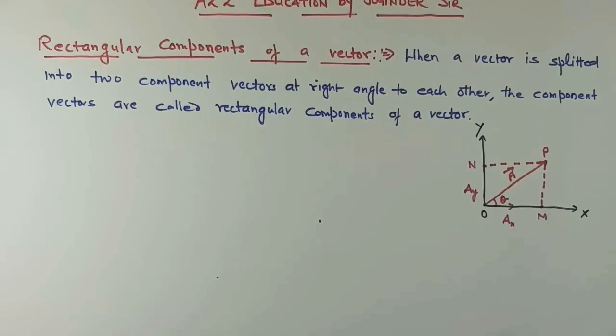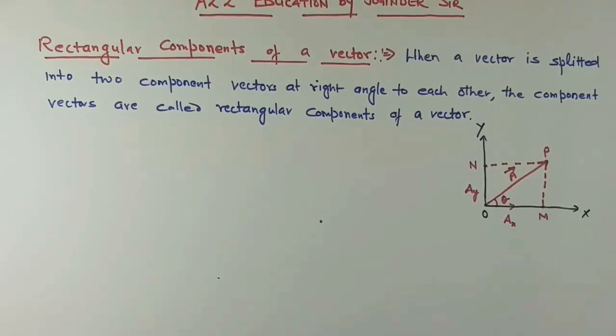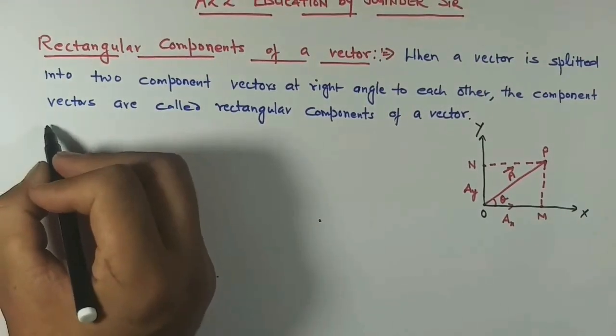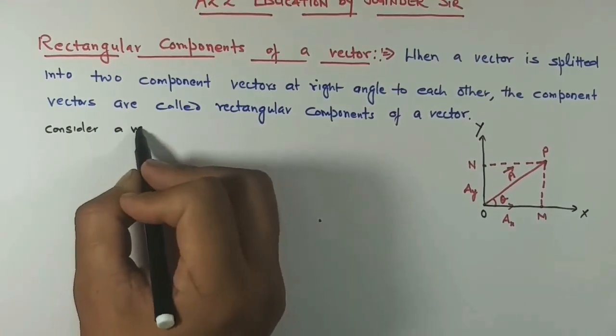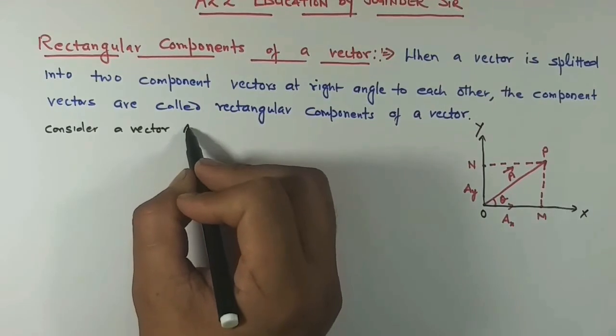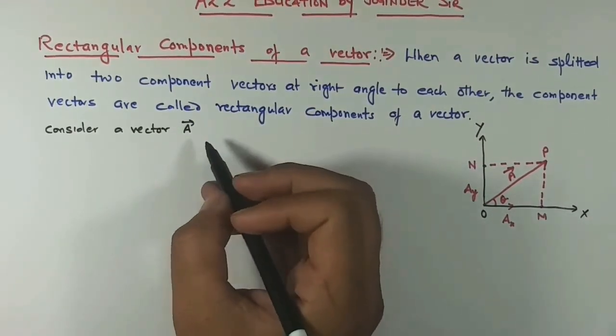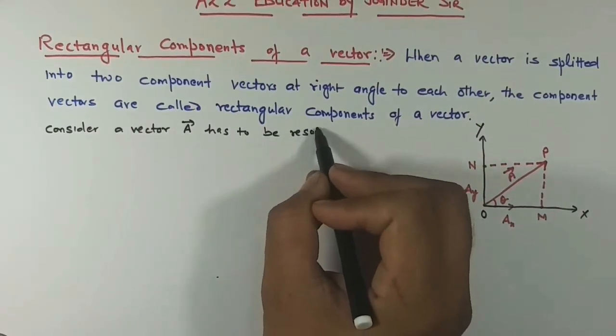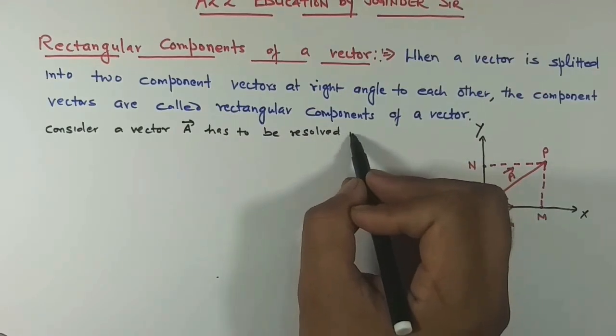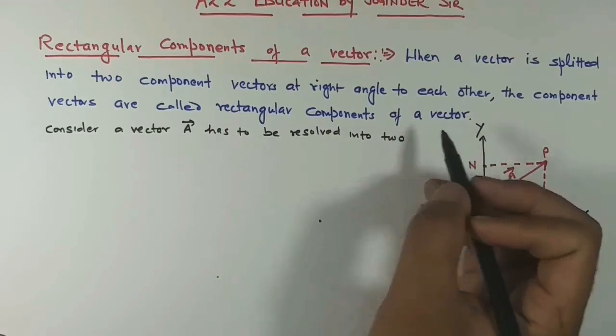क्लियर. अब इसके लिए हमने नेट वैल्यू फाइंड आउट करनी है A के लिए, कि जो A की वैल्यू होती है इन टर्म ऑफ इट्स कंपोनेंट वो कितनी आएगी. उसके लिए हमने फॉर्मूला ड्रॉ करना है. क्लियर. तो हमने क्या किया इसमें, कंसीडर a vector A has to be resolved into two rectangular component